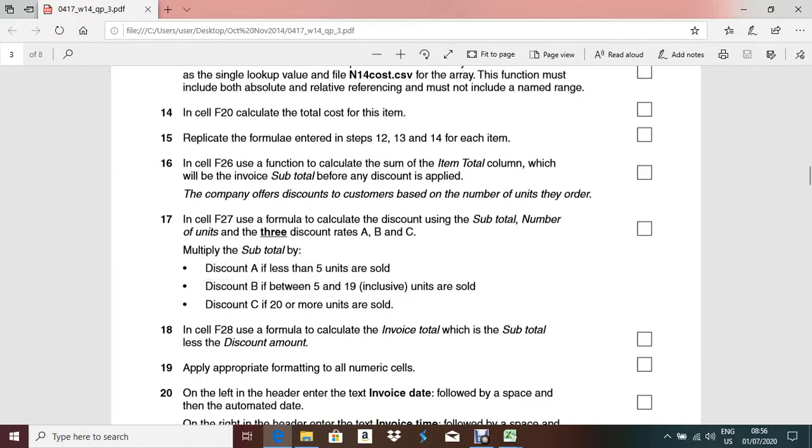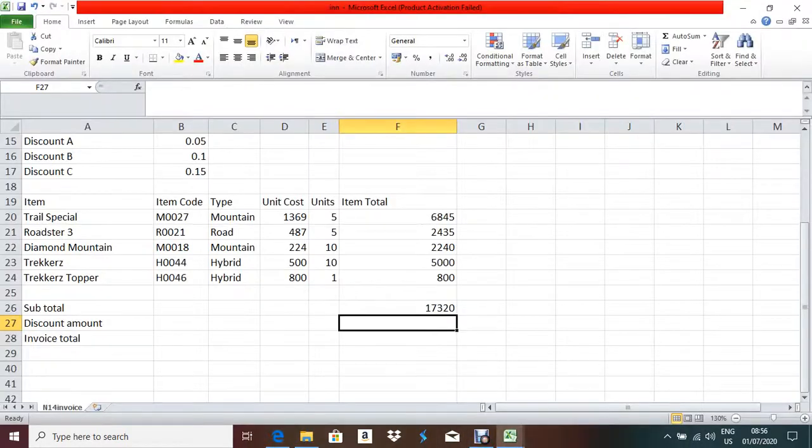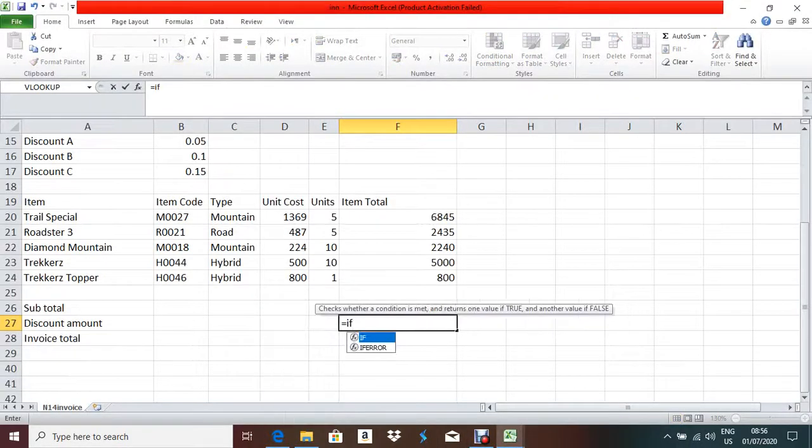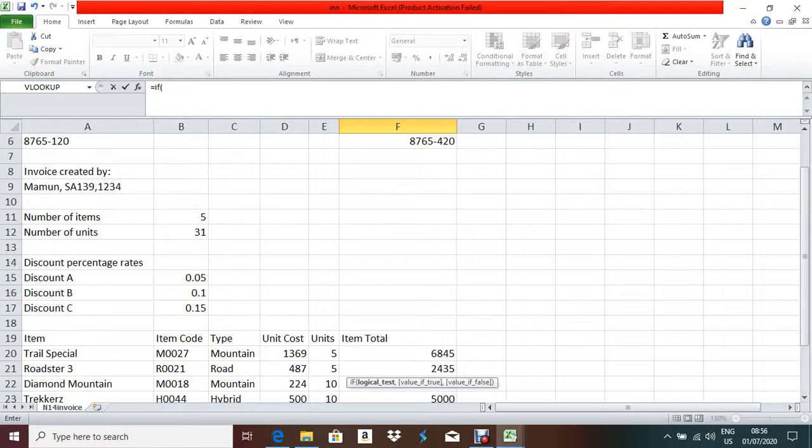If the condition is true, then you write the true statement first, and otherwise it will be the false statement. That means discount A if less than 5 units are sold. So what you have to write? Equal to IF. What cell does the number of units belong to? Number of units is this one, B12.